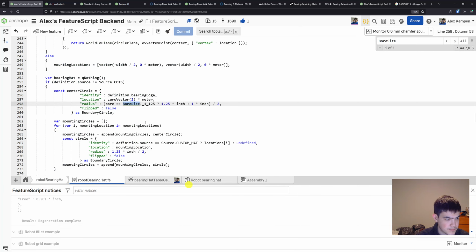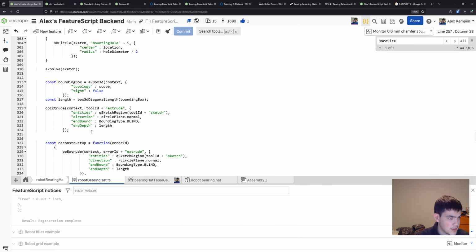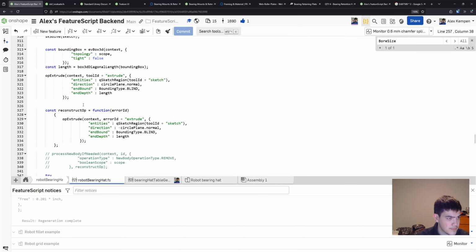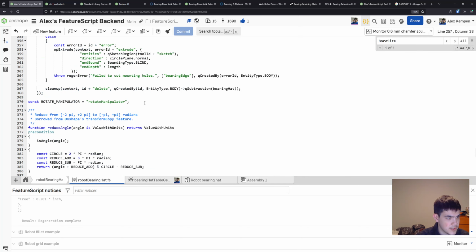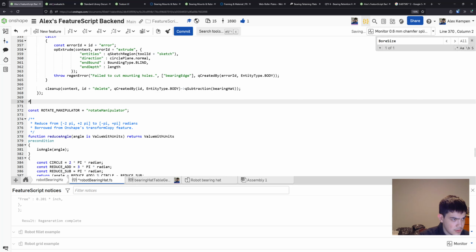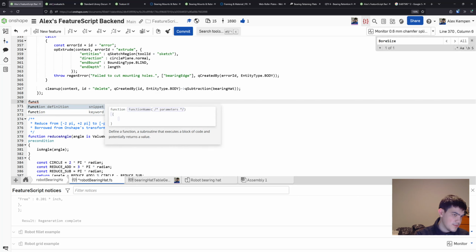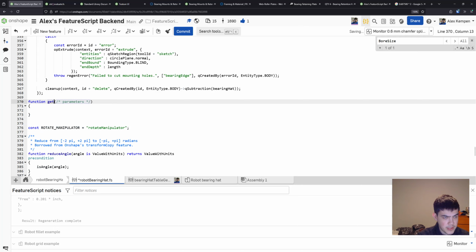Okay, so now what I'm going to do is write a function to get the other numbers we talked about, right? So the way you define functions, right? Very well. Yeah, so we'll call this get bore definition. Get bore values, maybe. It will return a map, right? And then the value will be